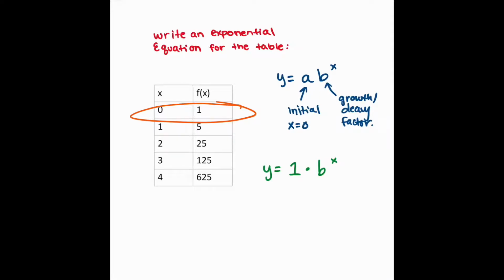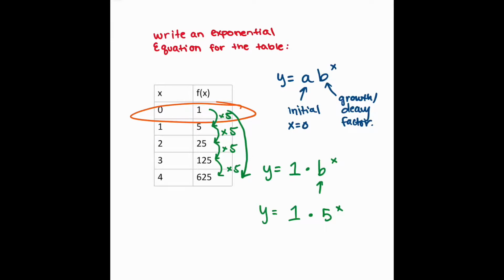Well, again, it's my growth factor, and I see that these numbers are all growing, right? They're getting bigger. So what am I multiplying by every time? Well, 1 times 5 is 5. 5 times 5 is 25. 25 times 5 is 125. I'm multiplying by 5 every time. So my b value, my growth factor, has to be, whoa, you freaking guessed it,